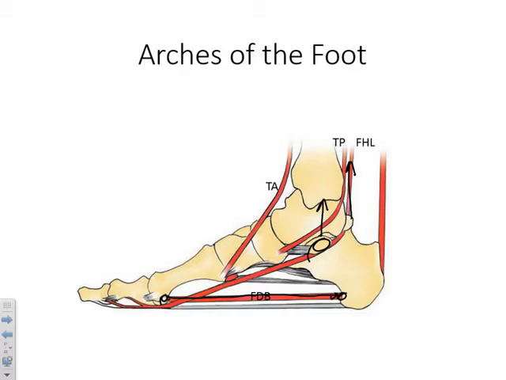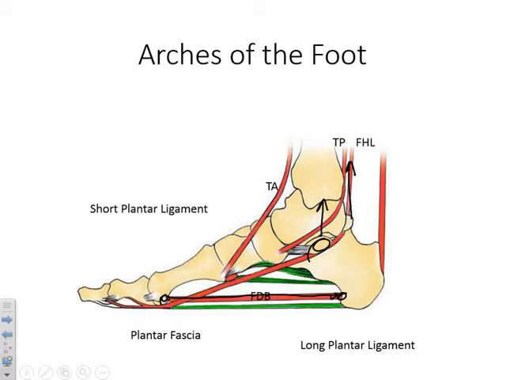Finally, we have 4 distinct ligaments which will provide passive reinforcement of the arch. These are the plantar fascia that we identified earlier in the class, which lies just above the flexor digitorum brevis, but also we have 3 intricate ligaments in the underside of the foot that support the arch. First is the long plantar ligament and the plantar calcaneocuboidal ligament, also known as the short plantar ligament. These both lie deep to the musculature that we just discussed and provide ligamentous support to the superior portion of